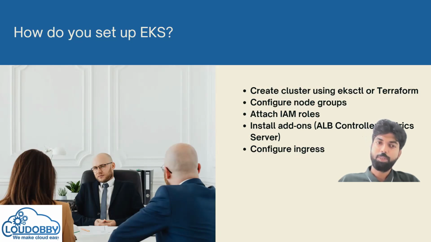Okay. Then once you create the cluster, you will configure the node group. Node groups mean where your application is going to run; it has the worker nodes. Attach IAM roles. Install add-ons like the ALB controller because you want to have a load balancer. Then configure the ingress. Ingress is nothing but the traffic going from your Kubernetes to the external world, where over HTTPS your application is accessed by some user. Ingress is a concept of Kubernetes. It will use the load balancer, ALB or ELB, elastic load balancer, as an ingress controller, and it will run.